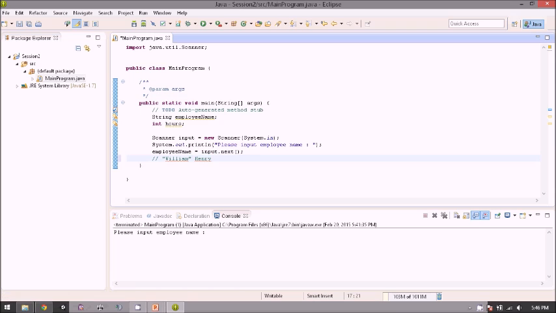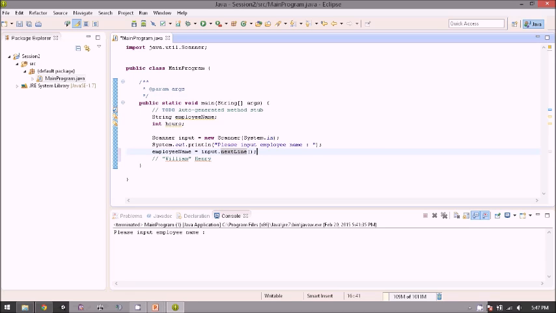So how if we want to get the user input until the end of line? Just use the nextLine function, so it will get the user input until the end of the line.